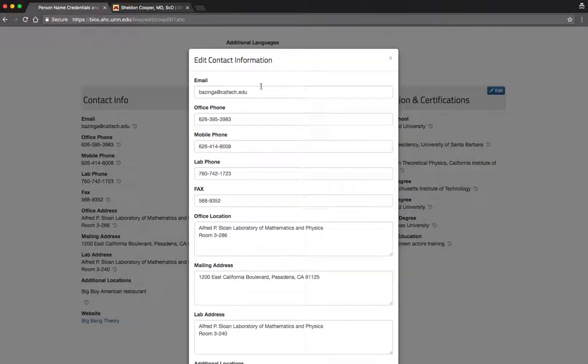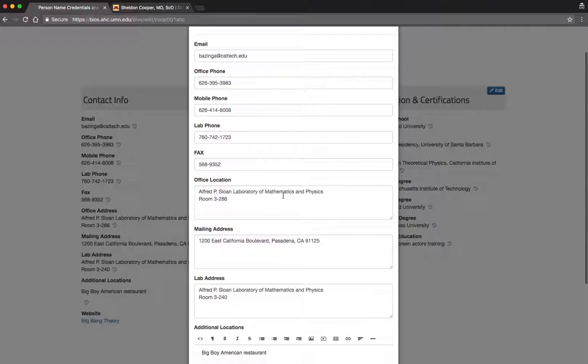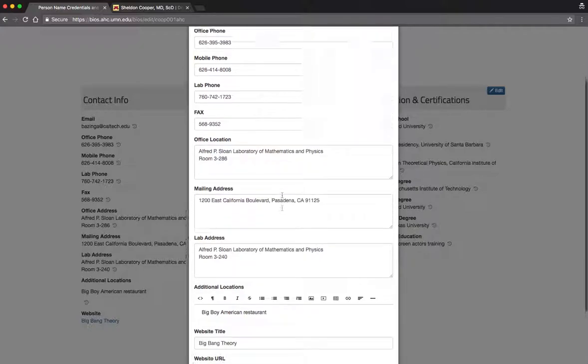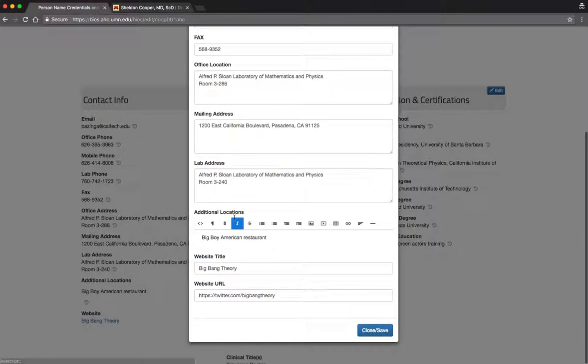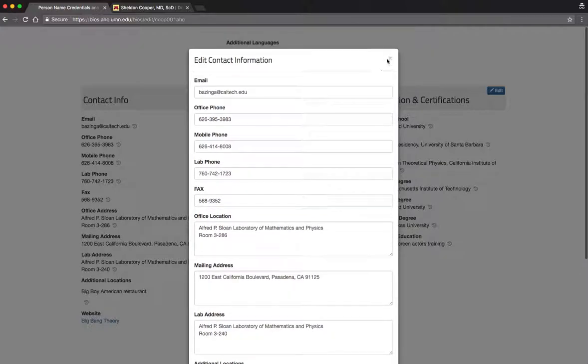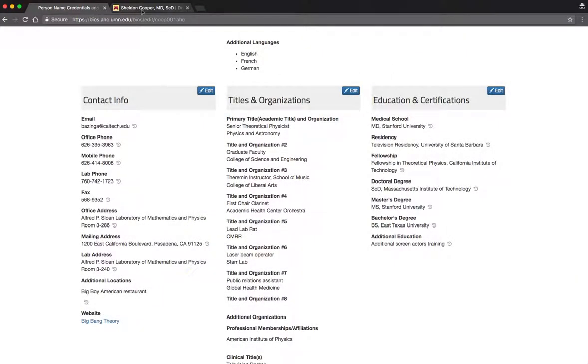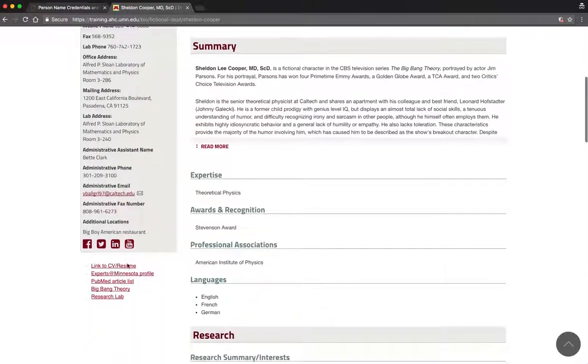Contact information has all that you would expect: email, office phone, mobile phone, lab phone, fax, the office location. Then of course we have mailing address. Sometimes people want to call out a lab address, and any other locations that they need to show. We have here the website title area and the URL. So in this case we use Big Bang Theory, and I'll show you that despite it being within this editing window, it is going to show up